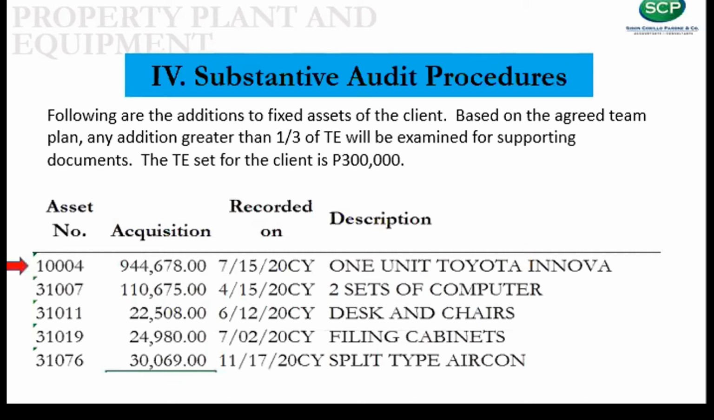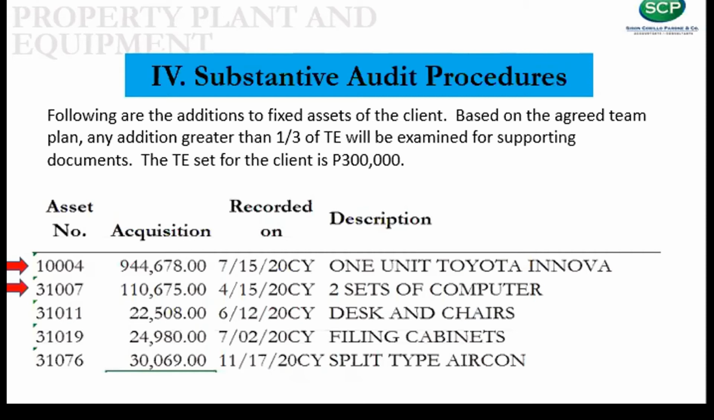The first acquisition presented on the list was asset number 10004, representing one unit of Toyota Innova acquired on July 15, 20 CY for 944,678 pesos. The second acquisition presented on the list was asset number 31007, representing two sets of computers acquired on April 15, 20 CY for